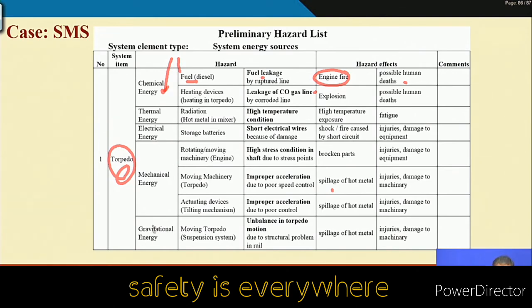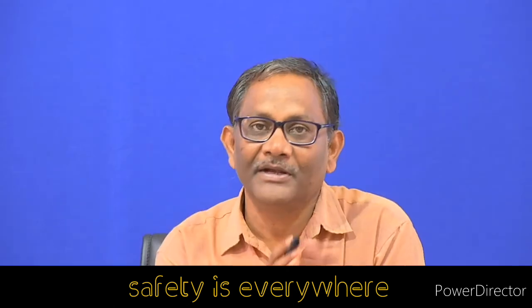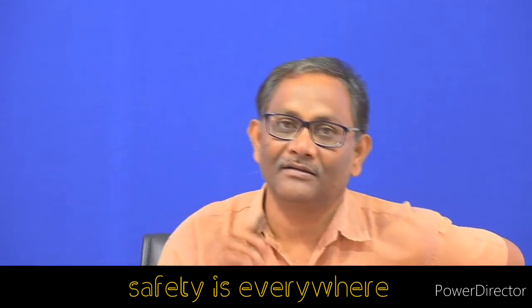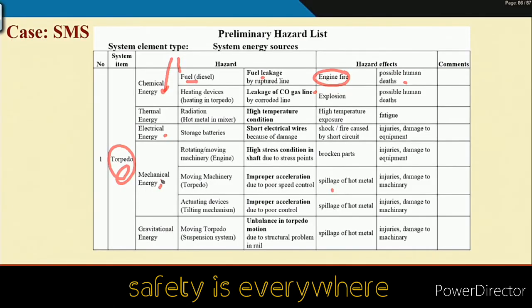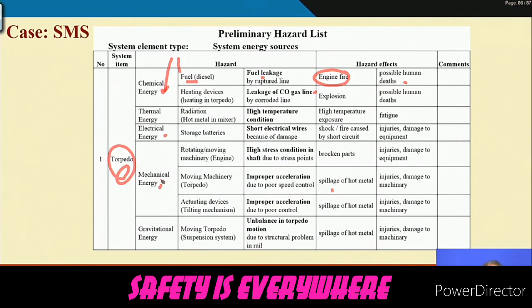So, to make it easier to identify the energy, different kinds of energy are considered, like chemical energy, thermal energy, mechanical energy. It all depends on your knowledge, you can do. The basic documentation framework that I have given is fine, but apart from this you can also augment it. There is no hard and fast rule, but please keep in mind that the hazardous element, initiating mechanisms, target and threats, the entire path must be completely enumerated for every system item.